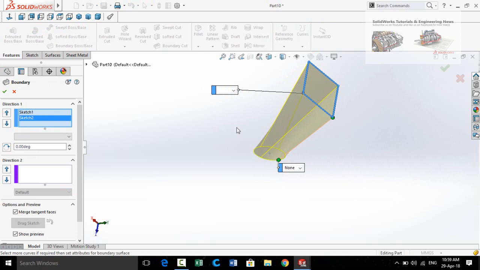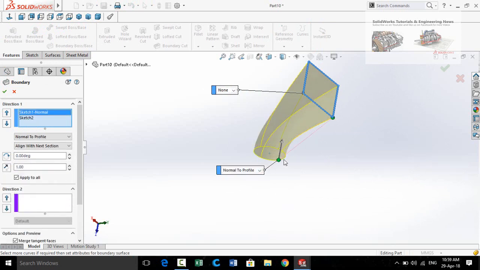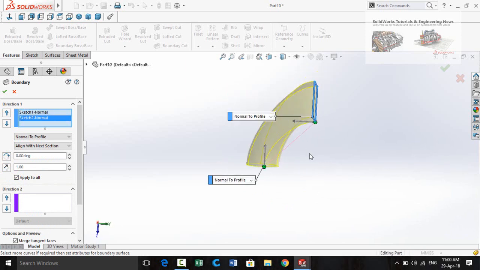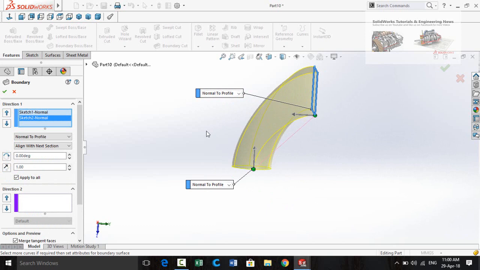and from here you can see these two options has been appeared. Drop down these options and from here select normal to profile. Also select normal to profile for this side. And now you can see the difference between both of these commands, lofted and boundary. You can increase the degree by dragging these arrows.